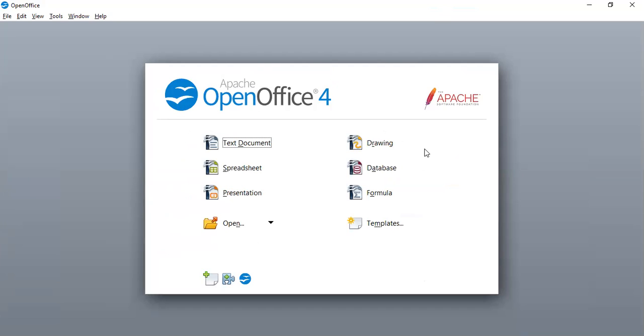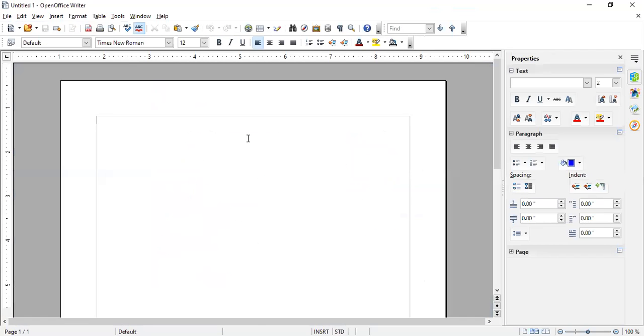So now what we are going to learn, we are going to learn about the text document, right? We'll be having several applications, children, within OpenOffice. First one is text document, next is spreadsheet, next presentation, like that. Okay, so today we are going to learn about the text document. Okay, so first double click on it. Okay, so see, today I am going to show you all the icons and all.